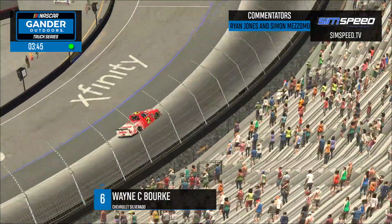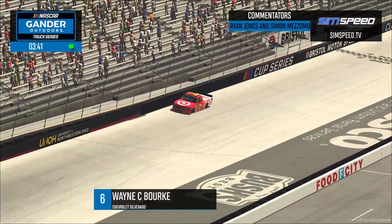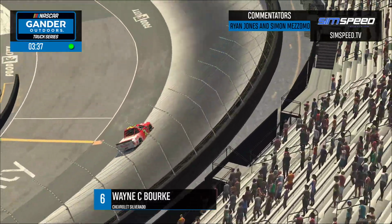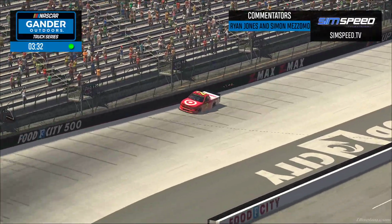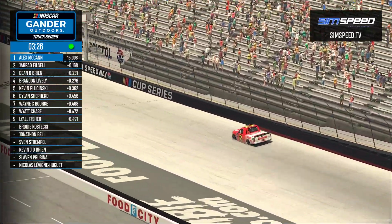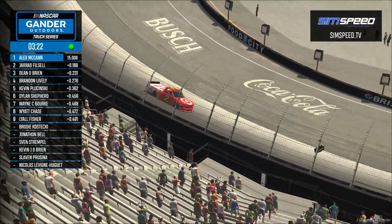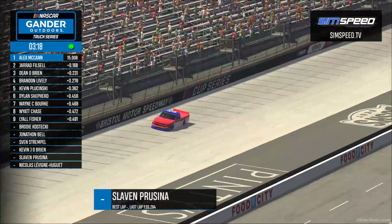Wayne Burke is doing the double take here with us on Sim Speed. We saw him in the VRS GT Sprint Series. He had to find his way back through the field. If he has to do that today, he might find it a little bit more difficult in this race that is so hard to pass at Bristol. The track is very much a top dominant racing line. If you don't make the move stick on the bottom, as soon as you go for it, you're going to be stuck down there. And if there's a line of cars behind you, you're probably going to lose quite a lot